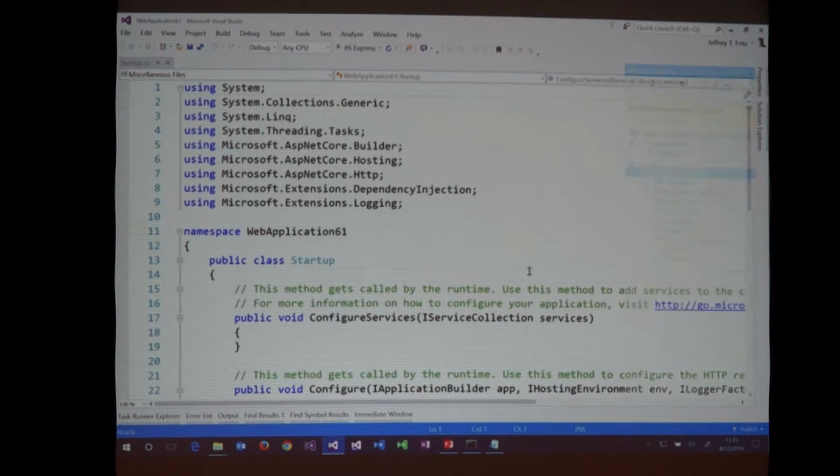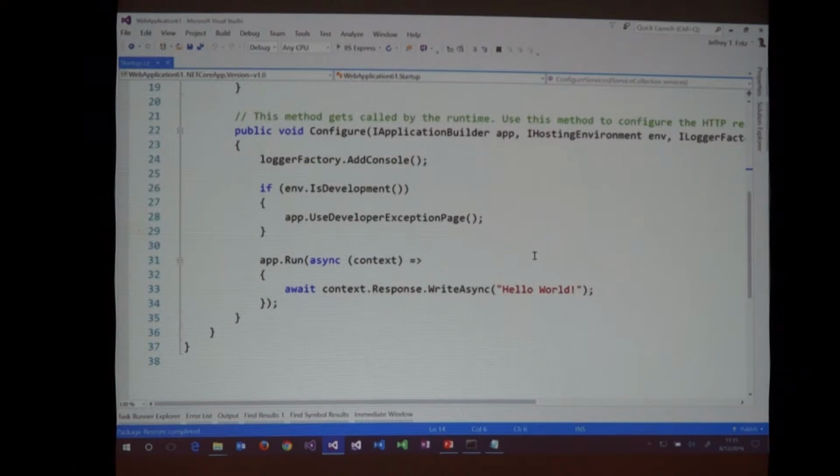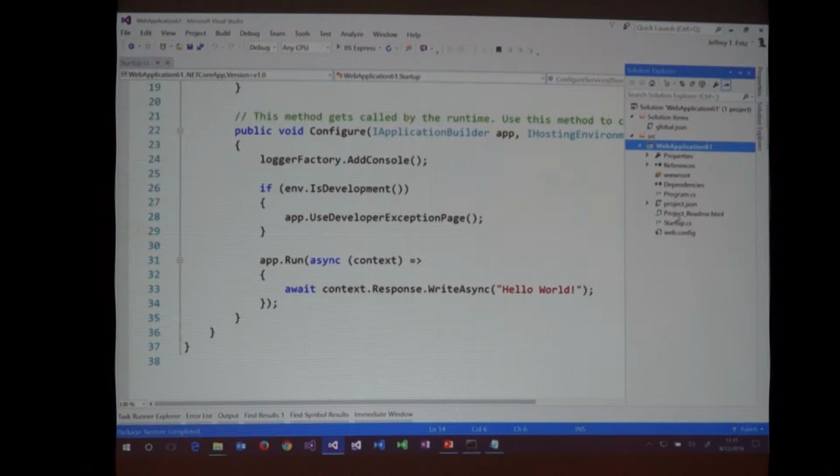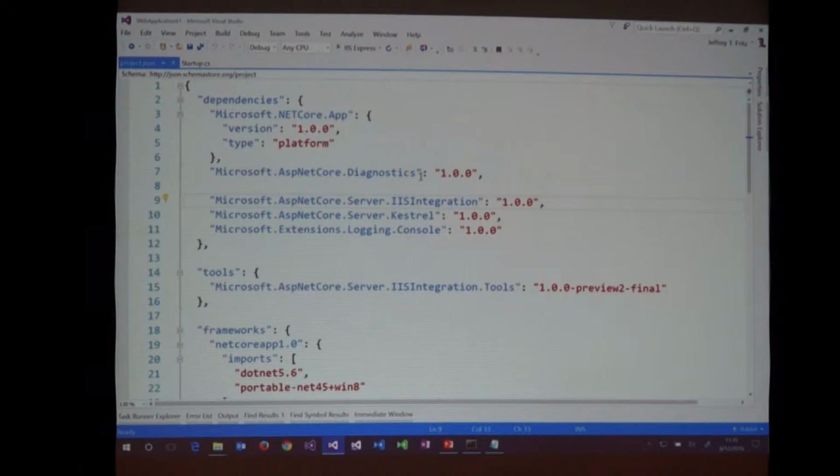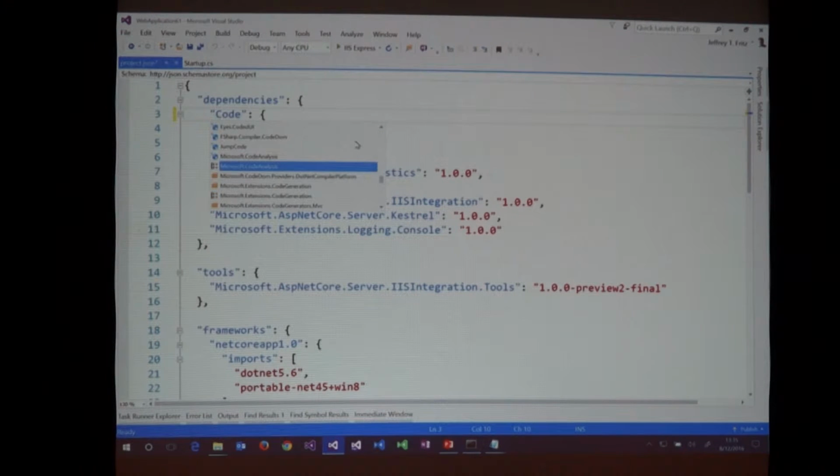So, right, an empty project has nothing that pops up except for hello world. That's how empty this is. It literally does nothing. You get to add in just those pieces you want. But I'm going to come into Project JSON, and instead of referencing Microsoft NetCore App, I can now reference